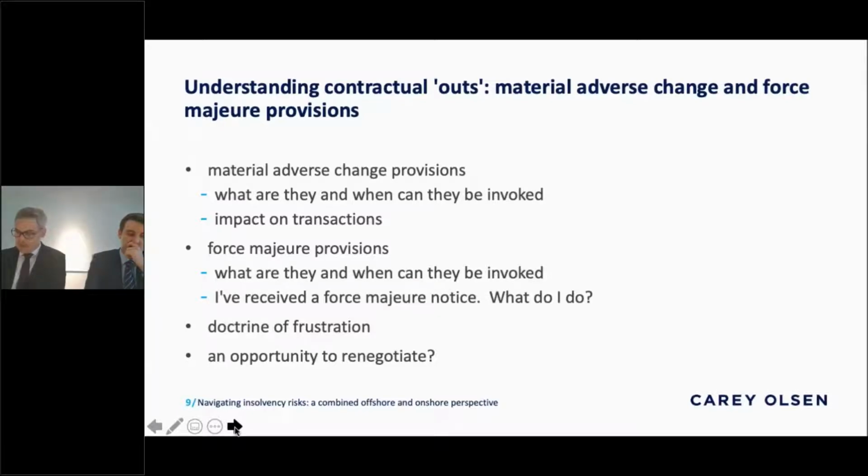For finance documents, they'll generally also include, in addition to what I just mentioned, the inability of an obligor to perform its obligations under the facility agreement, and will sometimes also go on to talk about the validity, enforceability, effectiveness or ranking of any security granted in connection with the facility agreement or the rights or remedies of a lender. So as you can see, they can be quite broad and they can really encapsulate a lot of different situations which would not have been foreseen at the time of entering into the arrangement. So as I mentioned, what constitutes a material adverse change for the purpose of the agreement is generally detailed in the agreement itself, rather than having to look at the governing law of the agreement.